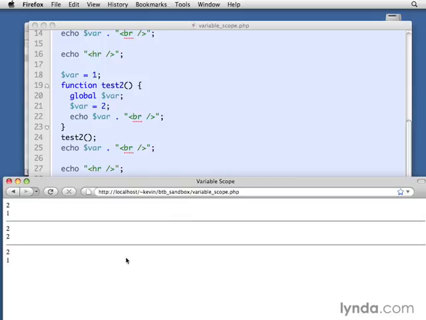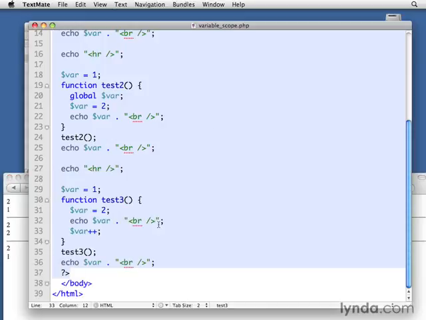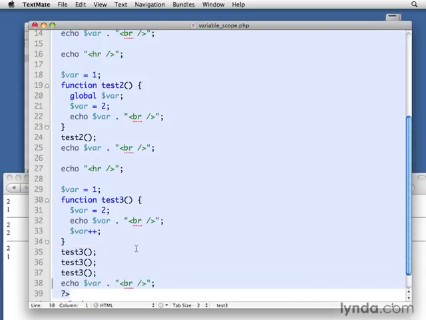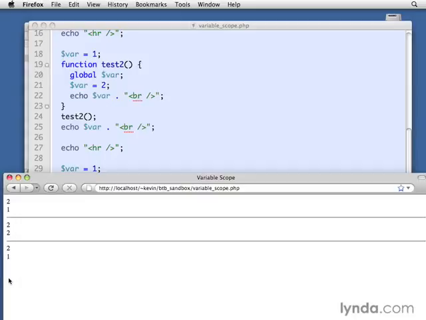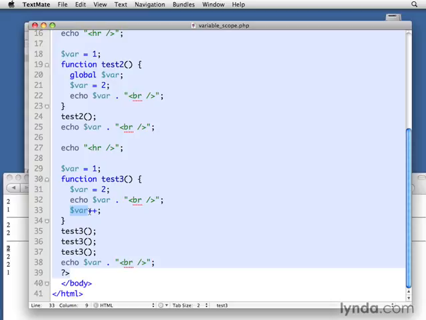So I'm going to run it, and it's 2 and 1, right? Just like it was before. Let's try running it a second time and a third time here. So I'm going to call it 3 times. Every time it's equal to 2, right? This incrementation that we did, it increments, right? So var is set to 2, it outputs 2, and then var is set to 3. And the next time we call it, var is equal to 2, var outputs, var gets incremented, it gets set to 3. But if we declare static in front of it, static var with a default value of 2, then